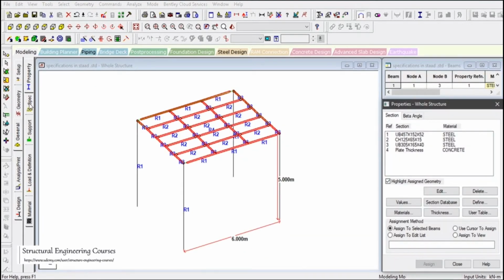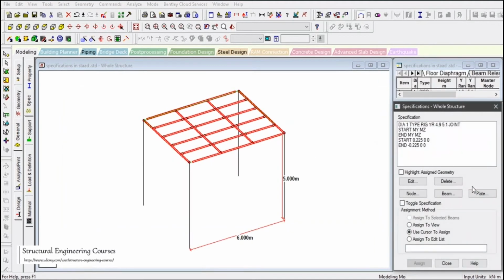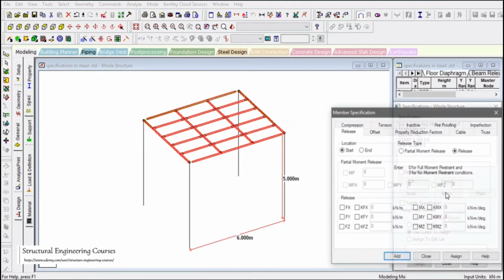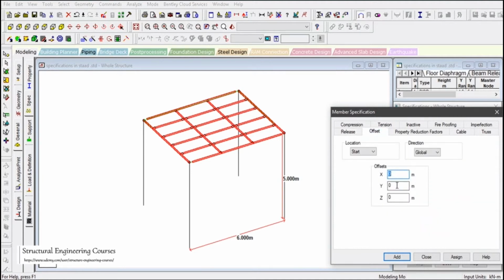We need to go to general and specification, and go to beam, offset, and Y as minus 0.225, because overall the maximum height of this member was 0.457, and the plate that is being modeled is on the center line. So that is why 457 divided by 2 is approximately minus 0.225.